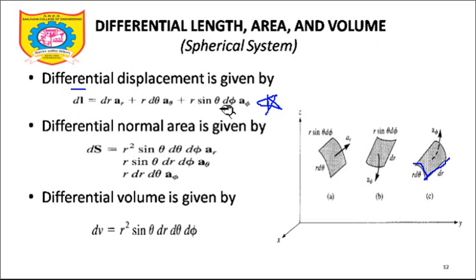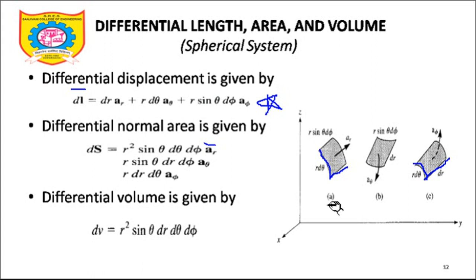Similarly, if I want to represent the theta phi plane, theta is varying as well as phi is varying, so r into r sin theta, that is r square sin theta d theta d phi ar bar. So this will be the third unit vector. What you are supposed to do, if it is a surface, you take the coefficients of two unit vectors, that is ar bar and a theta bar, ar bar and a phi bar, or a theta bar and a phi bar, and you just multiply their coefficients and take the third unit vector.